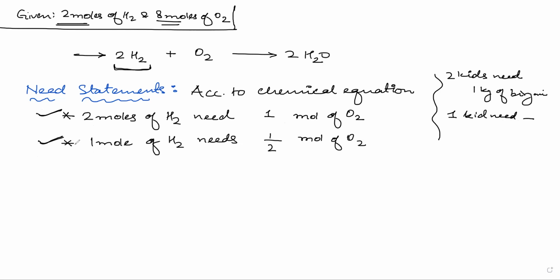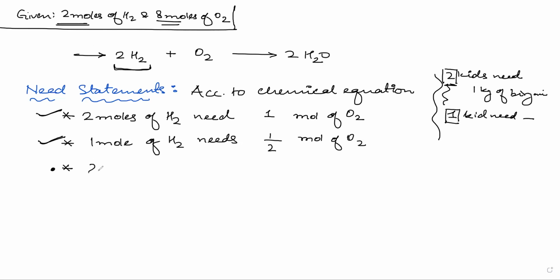The second statement you will write will be the unitary method. This is the unitary method. Now, if we knew about X number, then we can calculate how much is needed for 1. For 1 mole, you will calculate for 1 mole. And the third one will be from the question that is given. So how many moles is given in the question?